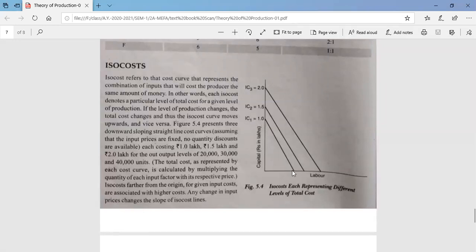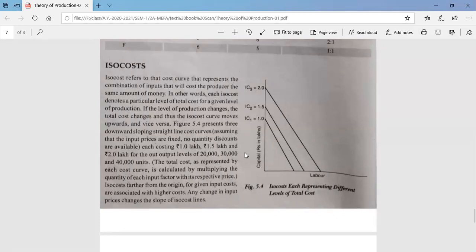Along the curve, it may be different combinations of labor. Okay, that means you can't vary the capital. You don't want to vary the capital, but you want to produce the output. To produce that particular output, we have to know how much amount of labor is required. Okay,